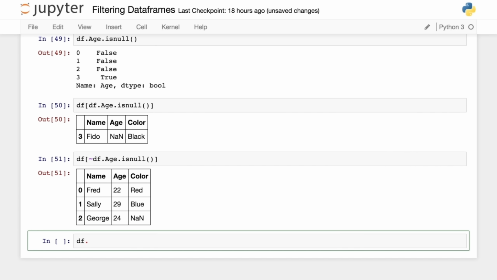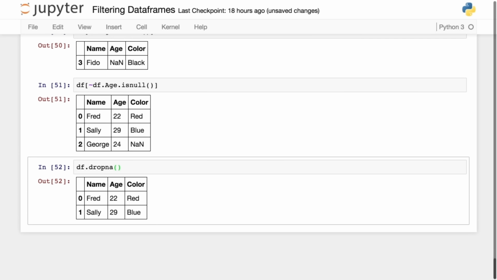Another nice method is one that's called dropna. So if I call dropna on a data frame, it's going to return me a new data frame where anything that is empty or missing is removed. This allows you to get a new data frame without any not a numbers in it. Now, one thing to be careful of is that any row that has a not a number in it will